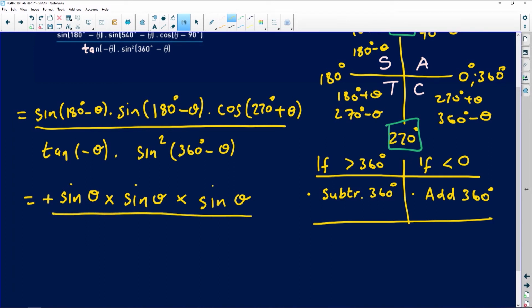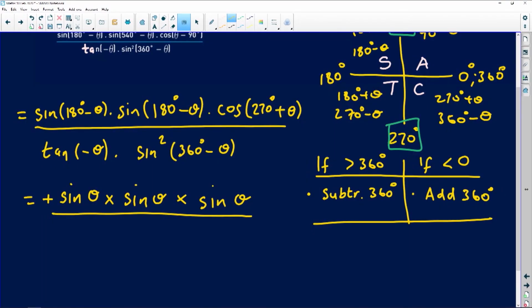Now, tan of negative theta. Right, guys. Negative angles, we're counting positive when you're going anti-clockwise. So 20 degrees will lie in the first quadrant. But negative 20 will lie in the fourth quadrant, because instead of going anti-clockwise, you're now going clockwise. That is regarded as the negative way of calculating it. That's the negative direction of figuring out our angle. So tan of negative theta is not in the first quad, it is going to be in the fourth quadrant. In the fourth quad, tan is negative, so this is going to be negative tan of theta multiplied by sine